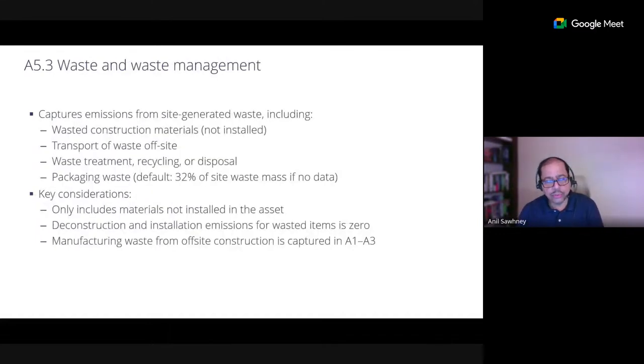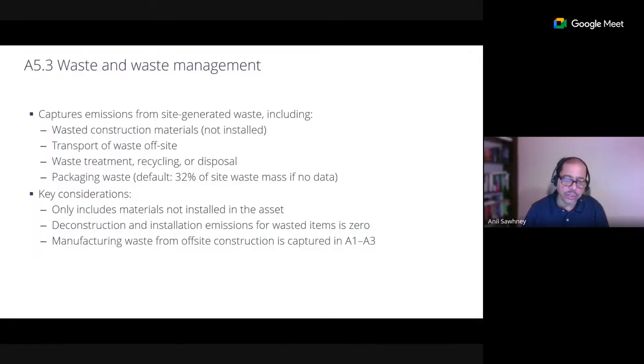So A5.3 is to do with waste and waste management. So it captures emissions from site-generated waste during the construction process. Remember, A5 is construction and installation process-related emission only. So any wasted construction material, which is actually a pretty bad thing, we shouldn't be wasting construction material. The material that came in didn't get installed, emissions related to that,